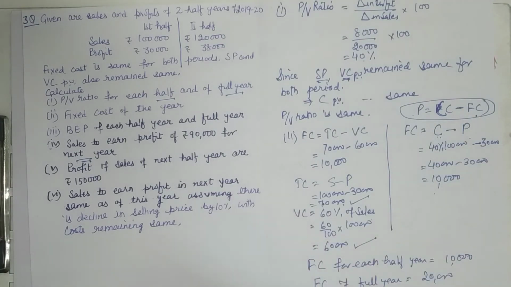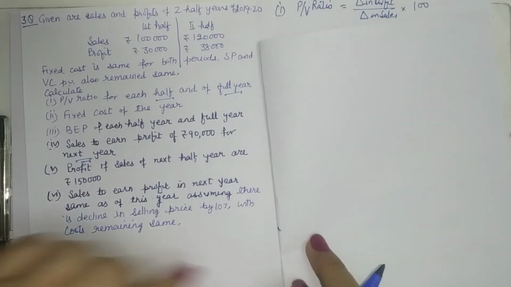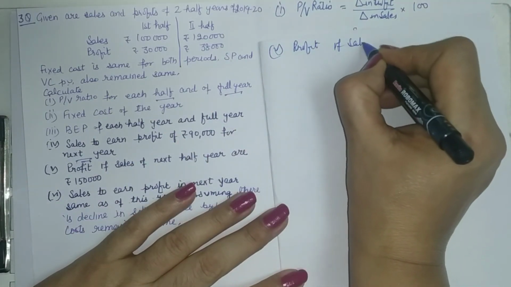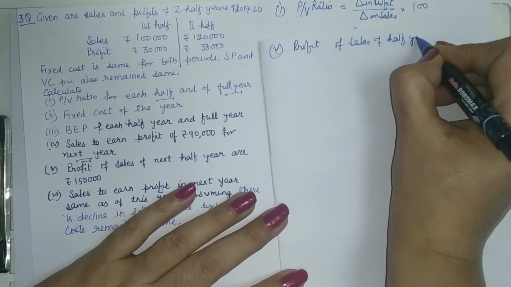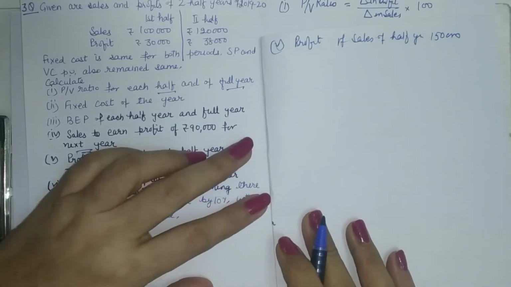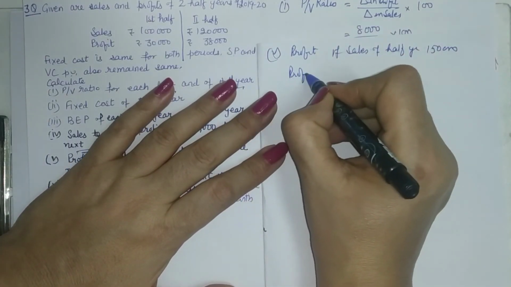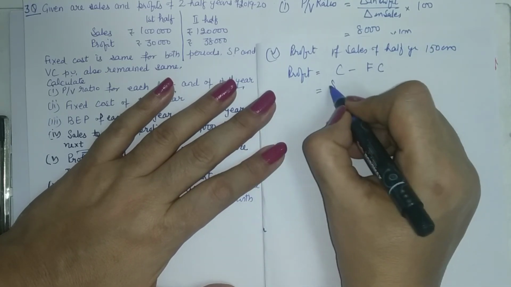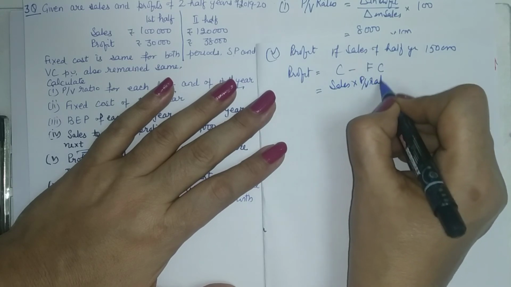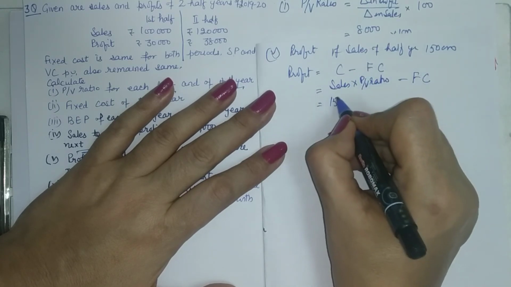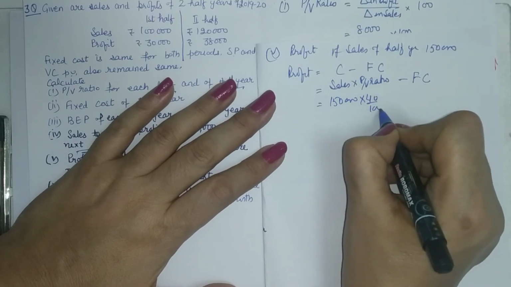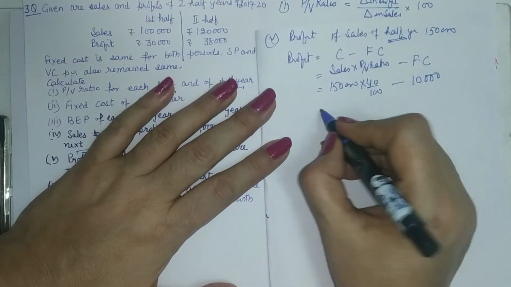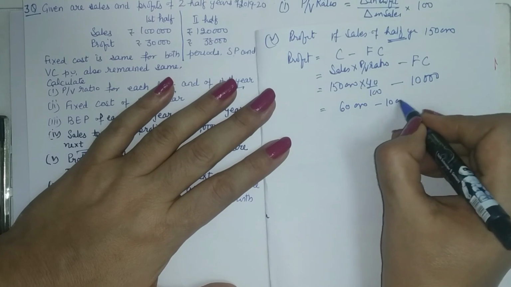Now profit if the sales of next half year are 1,50,000. Now we are moving to half year. Profit if sales of half year are 1,50,000. Now how do we calculate profit? We know that our formula of profit is contribution minus fixed cost. Okay, so contribution is sales into PV ratio minus fixed cost. So your sales are 1,50,000, PV ratio is 40%, fixed cost is 10,000 for half year. Okay, you are talking about half year. So it is going to be